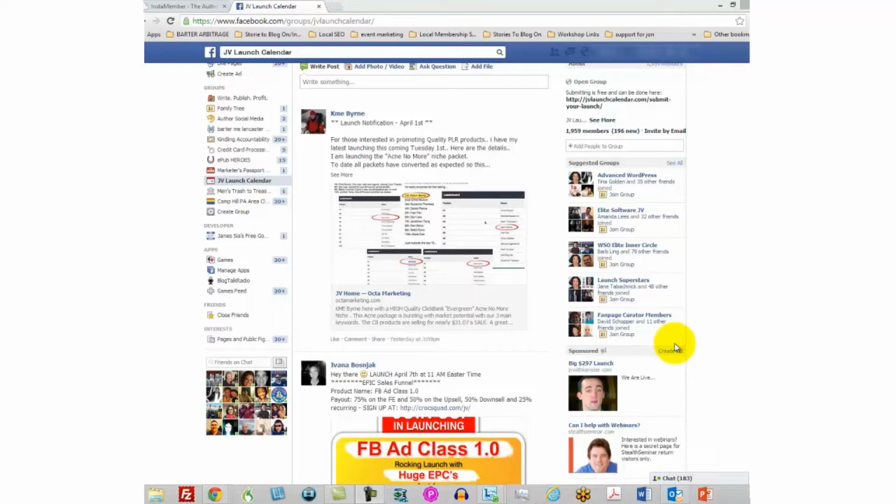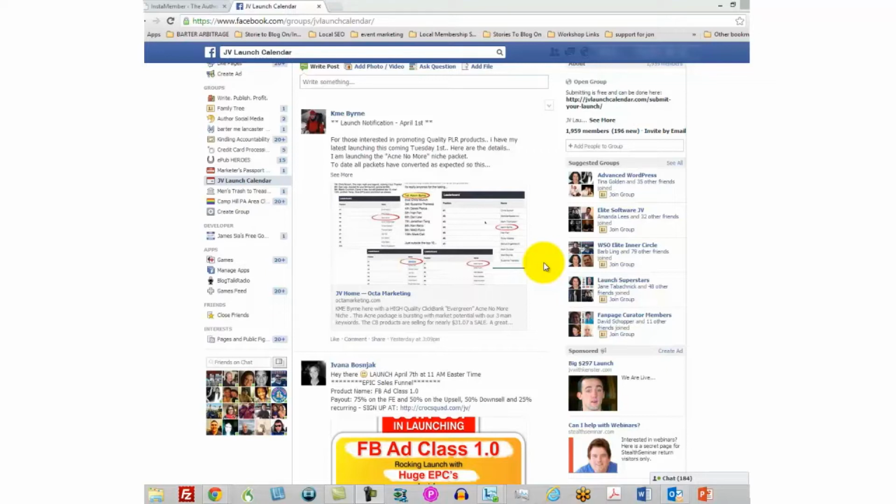Now, one other thing that you're going to want to realize is that most people will join based on the other people that they know are their friends, right? So when people join this group, they're going to be shown to other people as being part of the group, and that will influence some of their followers in order to join the group also. So this is a viable strategy to have your own group and to have that group advertised by Facebook. Once again, that doesn't cost you anything. Doesn't cost you anything like, you know, a sponsored page or post, but it works just as powerfully.